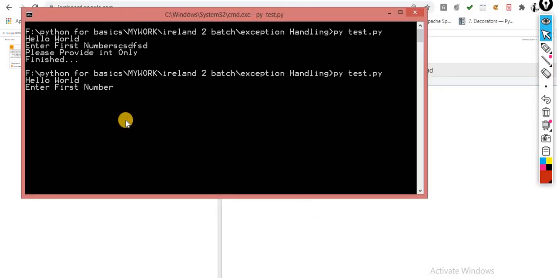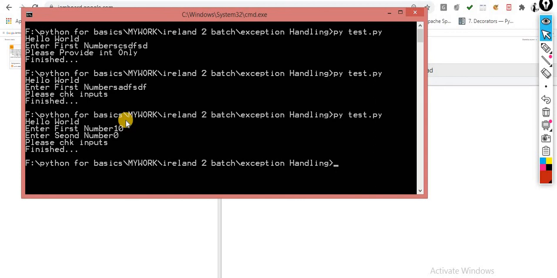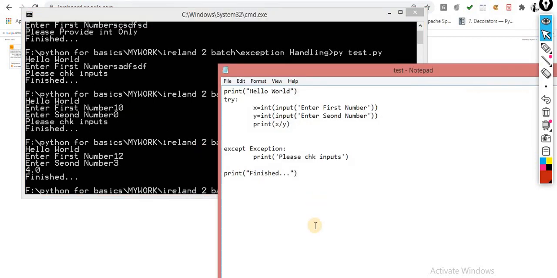Now what type of error is coming over here? This type of error is coming, please check the inputs. If I pass everything fine, then it will work fine. So this is the concept of exception handling.